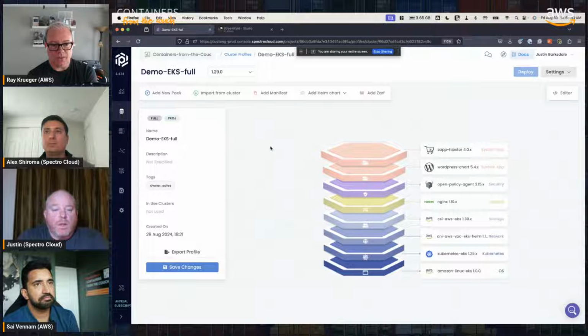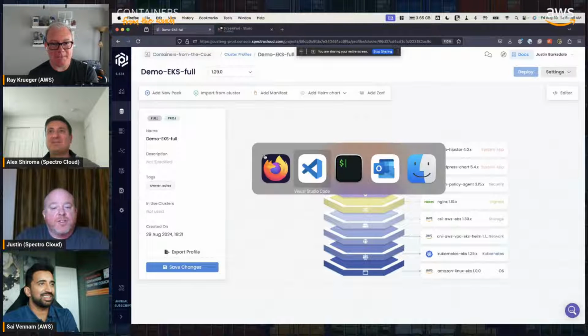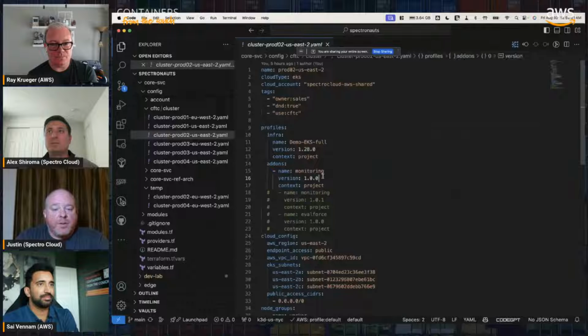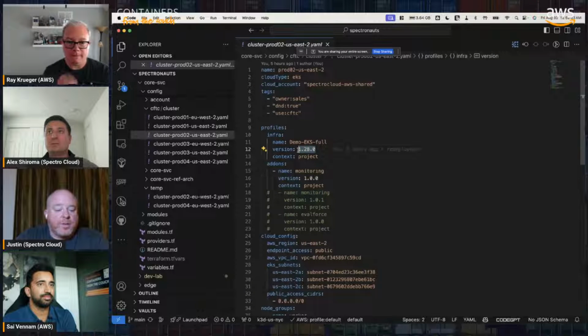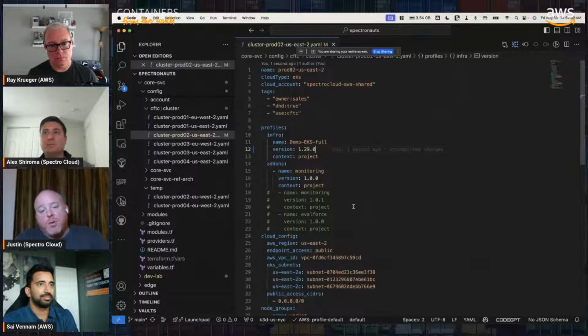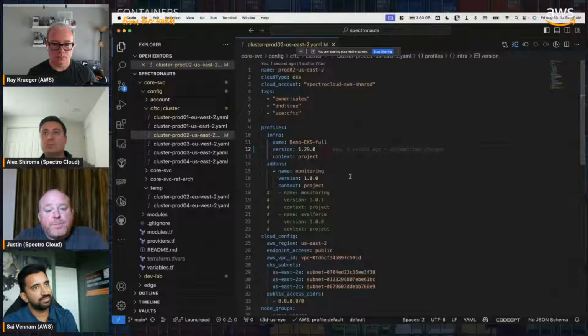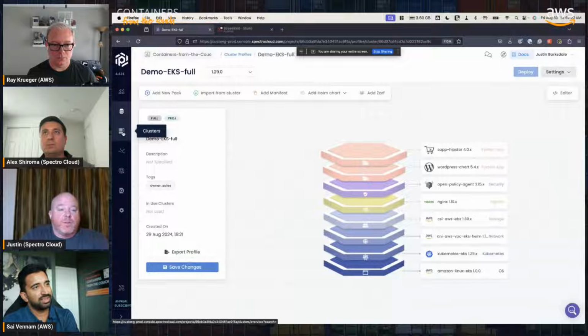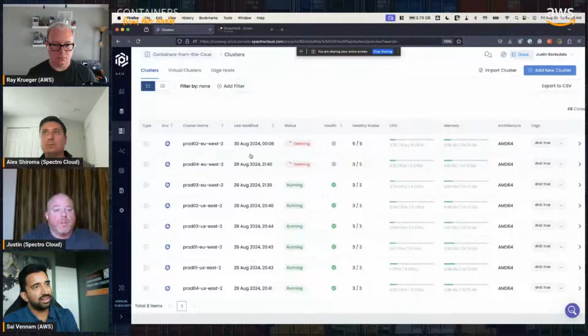Great. Yeah, I think Sai and I have gotten very excited about the pack concept here, and we should probably move forward. So just as a note, we can eventually say, okay, let's upgrade a Kubernetes cluster. It's as simple as making a change in a line of code and committing this change. I won't go through that process, because it does take some time, because it is upgrading Kubernetes, but we've defined a pack or a profile with all of the best practices that we see there, and a user can just consume it. But now that we've built some clusters and we have some number of them here.